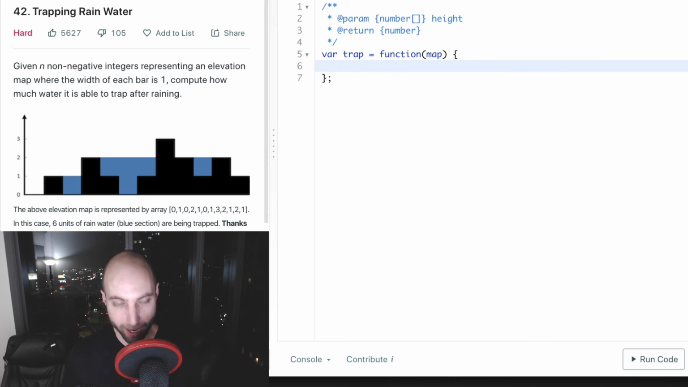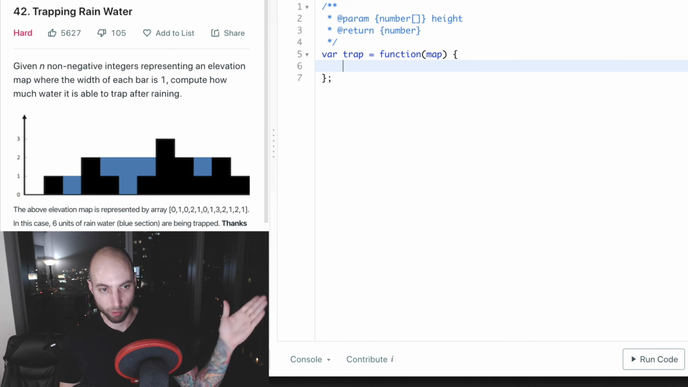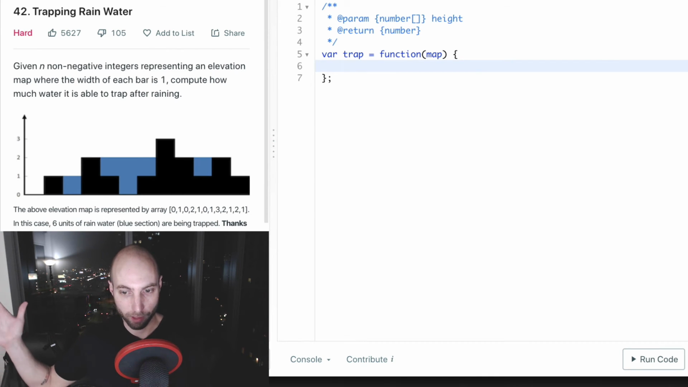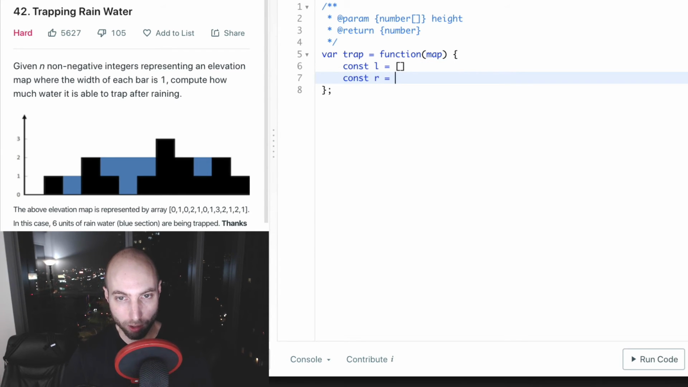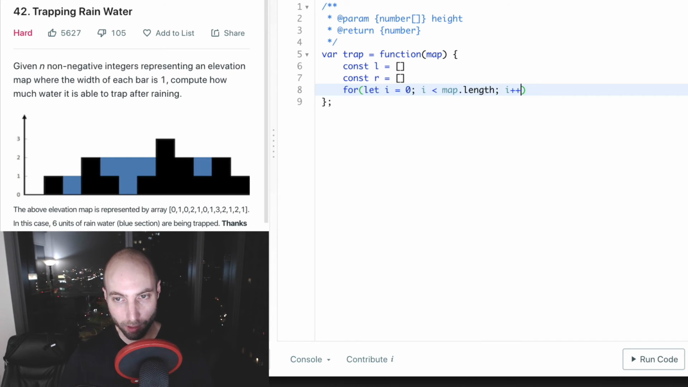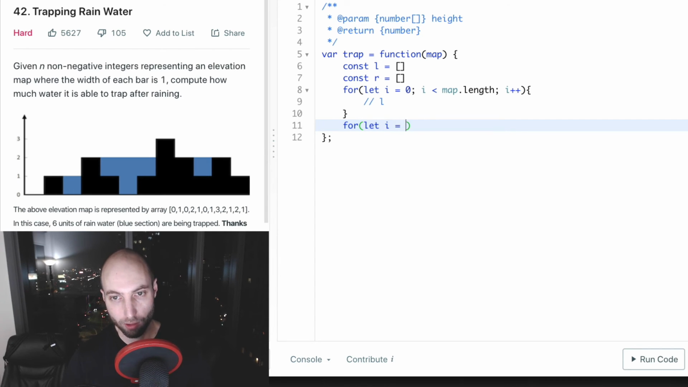Okay, so we need to do 2 passes through the map. One from right to left, and then the other from left to right. So we're going to have const L equals some array, and const R equals some array. And we're going to do for let I from 0 up to map.length, non-inclusive, and we're going to build up the left edge array here, and then likewise we're going to have another pass that's going from right to left. So we're going to start out at map.length - 1 and go while I is